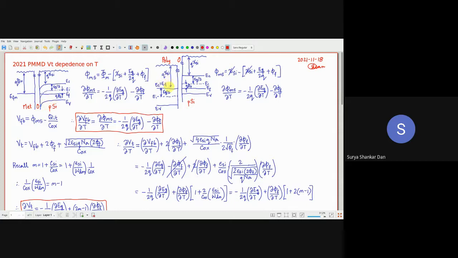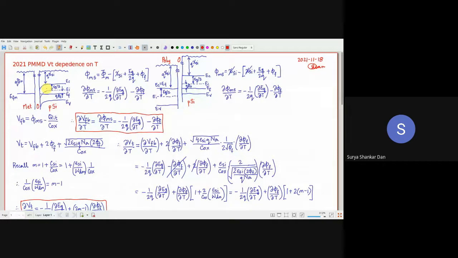So this is a very, very important concept to keep in mind: whether you are using polysilicon as the gate material, or you are using a metal as the gate material, the variation, hence the flat band voltage, is independent of the material, except of course the band gap which is involved. But the band gap is again that of the silicon, right? So it is independent of the gate material. That is what I'm trying to tell you.